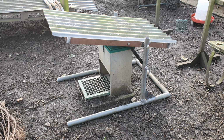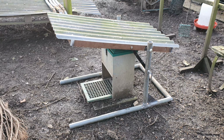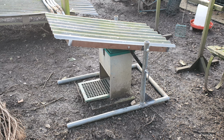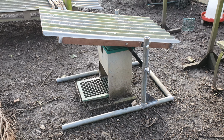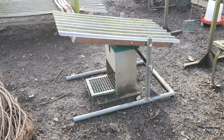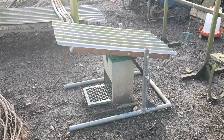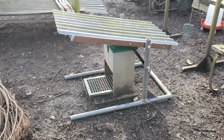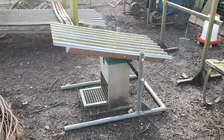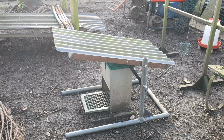I used to have it in the greenhouse, so I've never had any problems with it. But I put it outside to see how it went, and it went okay. I've not had any problems. They've been feeding fine out of it. But it's been so wet for so long, I don't know whether it's the saturation level, and as we've just come out of autumn, as you can see there's still leaves and stuff kicking around, that capillary action